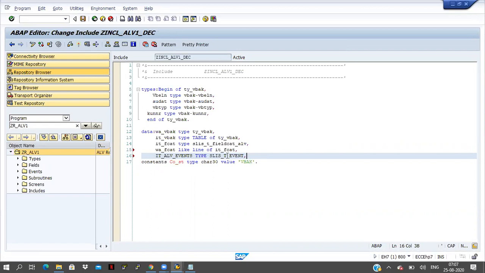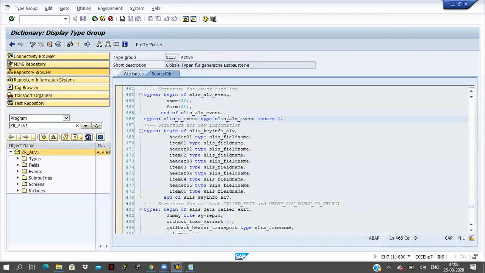How can I get to know this is the internal table? Here slice underscore t underscore is coming, so this is the indication for this being an internal table or work area. If you see t here, then this is the internal table, and in slice underscore t underscore field catalog underscore LV, t is also coming. By seeing this t, this is the internal table, meaning they are declaring it with occurs zero or occurs one. If you have doubt, you can double click on that one and check.